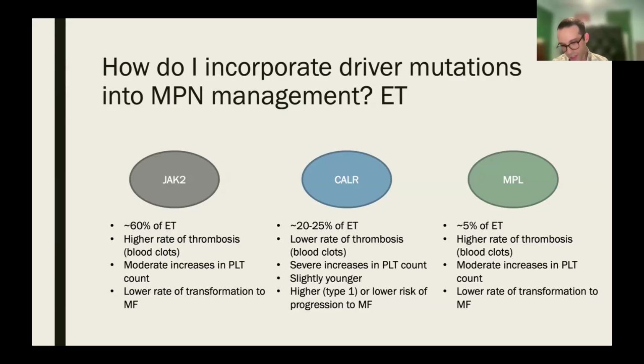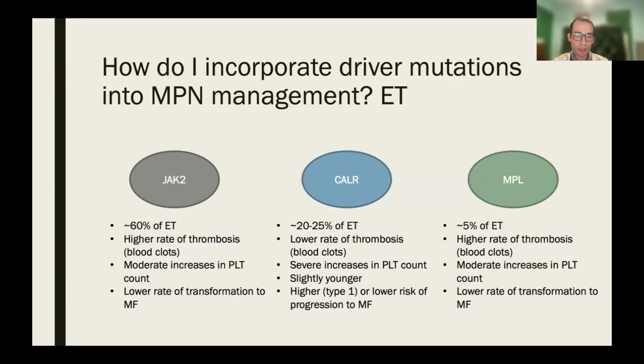None of these scenarios are impossible with either mutation. So just because you have a CALR mutation doesn't mean you won't have a blood clot. And just because you have a JAK2 mutation doesn't mean you won't have progression to myelofibrosis,